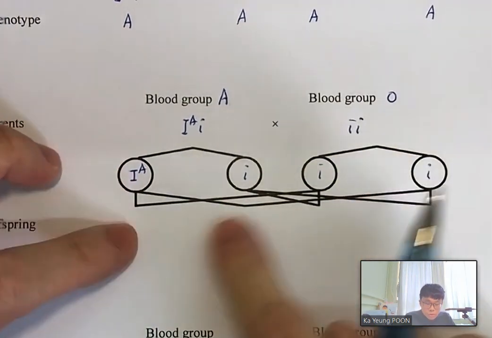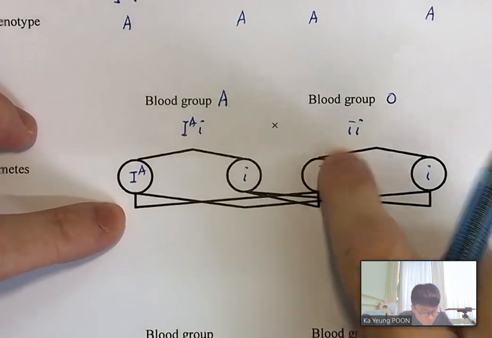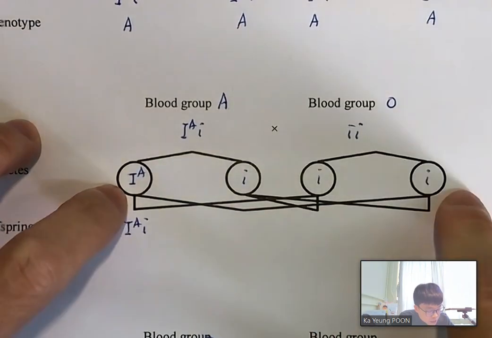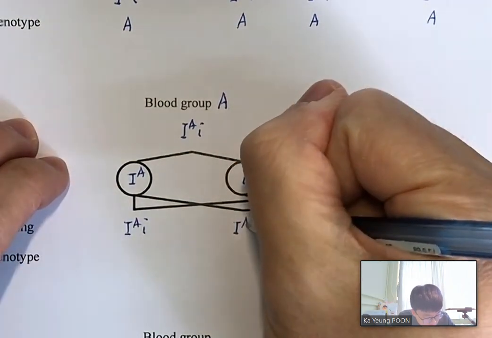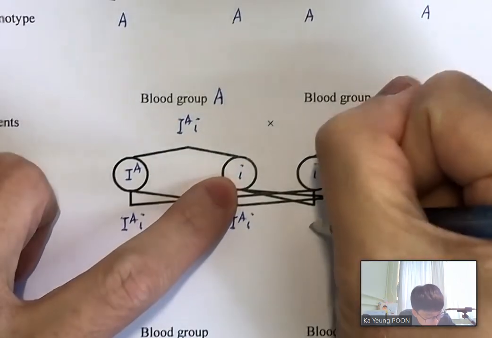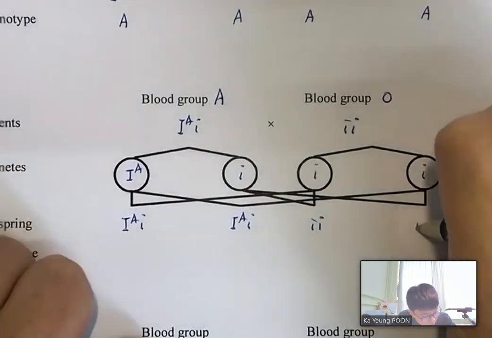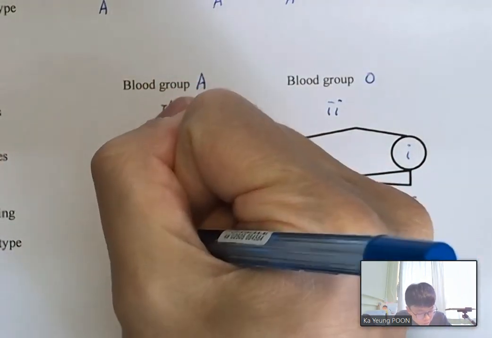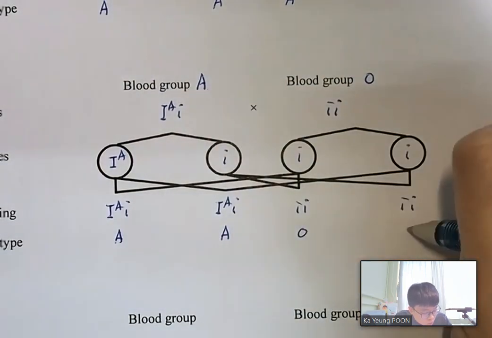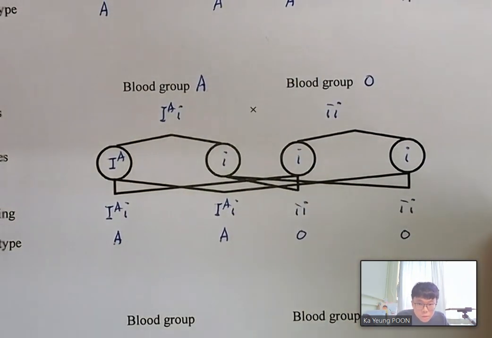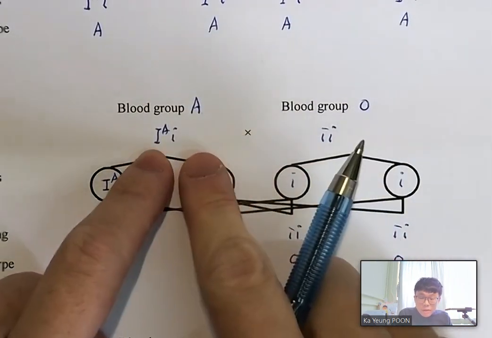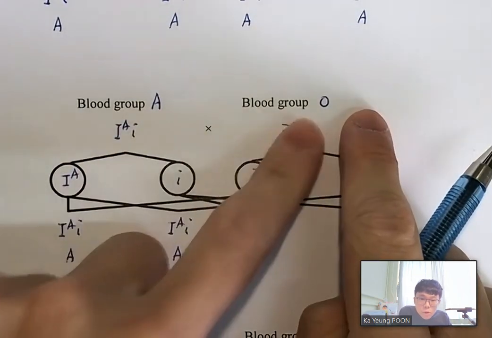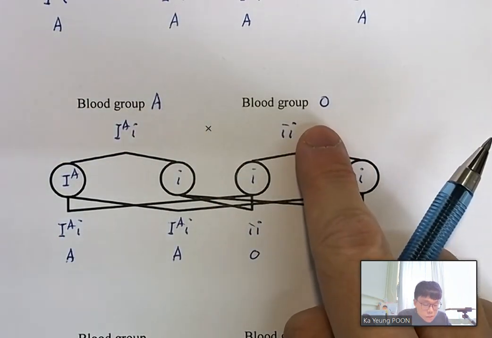During the cross, big IA and small i is one of the possibilities, and big IA and small i again. Here, small i and small i, and small i and small i. So the possible phenotypes would be blood group A, blood group A, blood group O, and blood group O. So we can learn that if your father is a heterozygous blood group A, big IA and small i, and your mother is blood group O, homozygous recessive in nature,